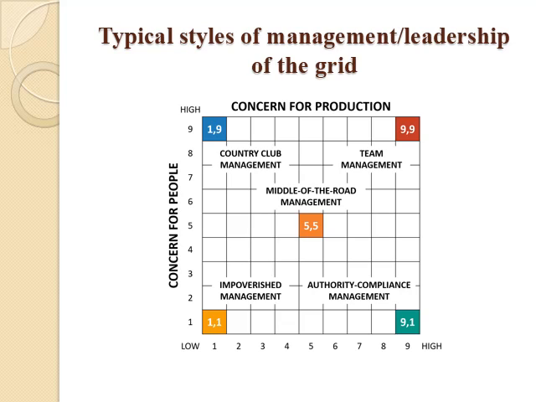Next is 9:1, that means authority compliance. That means the minimum respect for people, high requirements for the task. And the last is 9:9, which is team. The highest concern on people and highest concern on relationship and also highest concern on the task. Originally, the variant 9:9 was considered to be the best type, but later a view prevailed that for different